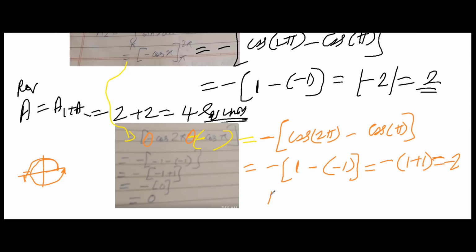So this area, we have to always take the mod. This will be mod of minus 2, which is nothing but 2. So you are getting the correct answer. So what mistake did you make? The first mistake is you have not taken minus common properly. Cos of 2 pi is 1, you wrote here minus 1. This is your mistake. This should not be minus, this should be plus 1. So 1 plus 1 is 2, and mod of 2 or minus 2 will be 2. So this is the mistake you did. Hope you have understood this now, right?